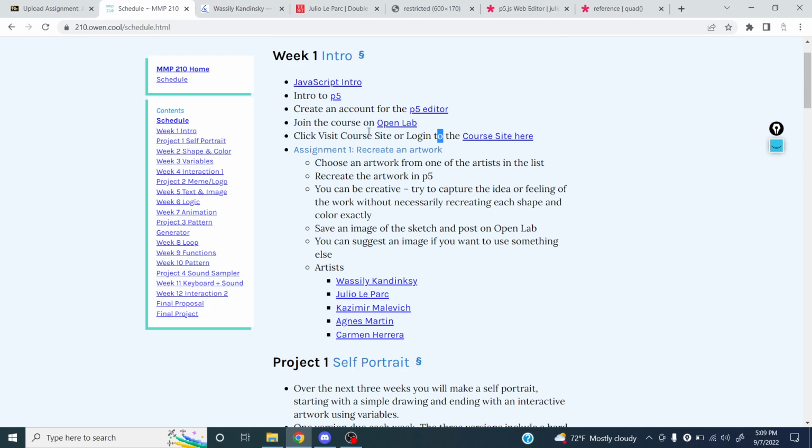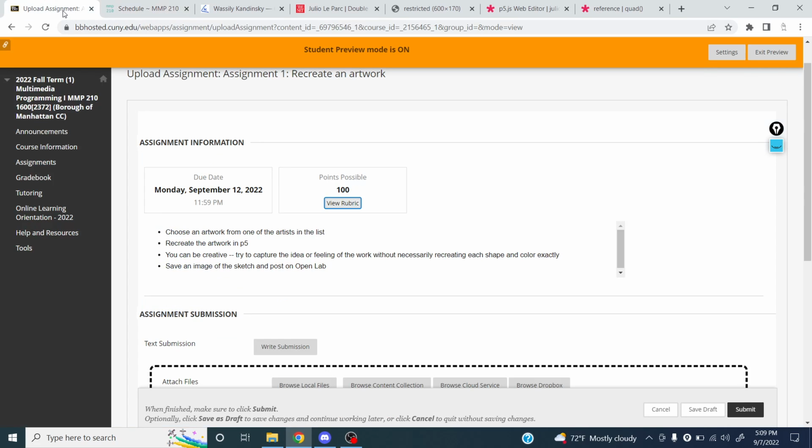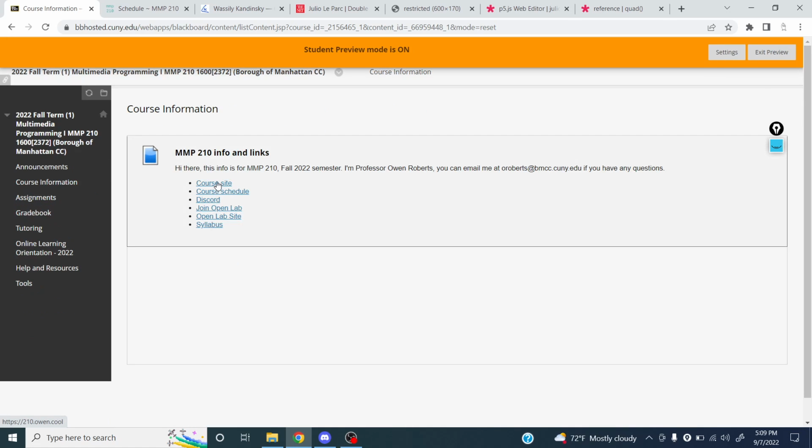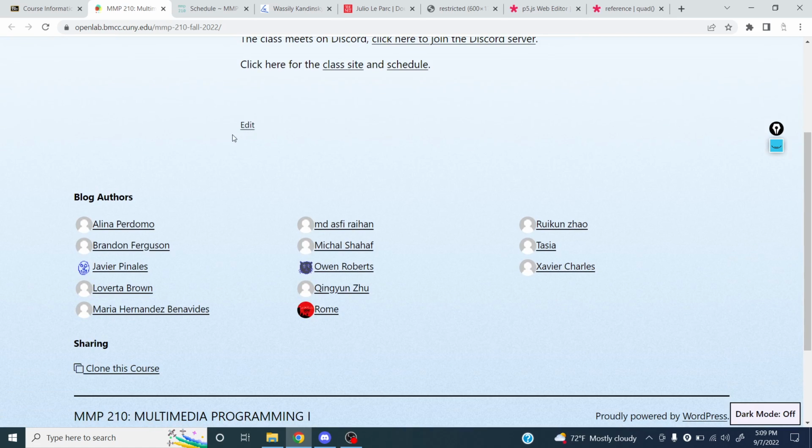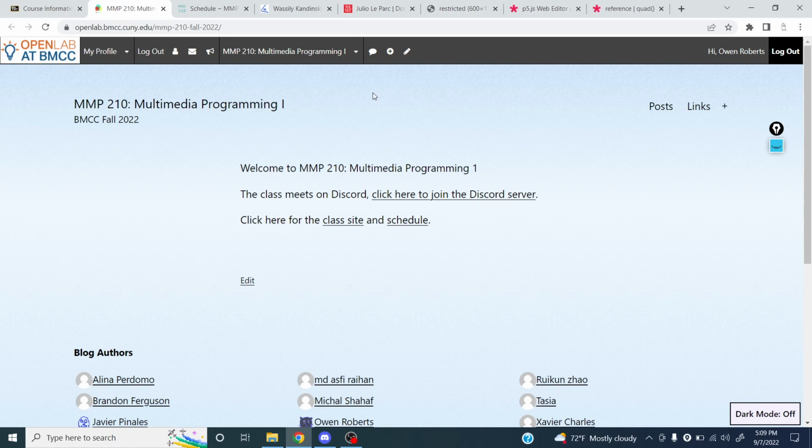Got to fix that. Sorry. How else can I get here? I'll go to Blackboard and go to course info and go to Open Lab site. This is the right one. And so yeah, now I just have to post my thing. So if you're not logged in when you get to the Open Lab, just go up here and click login. And then to create a post, I can just hit this plus button, or I can click on the post. So I'm going to hit the plus button,